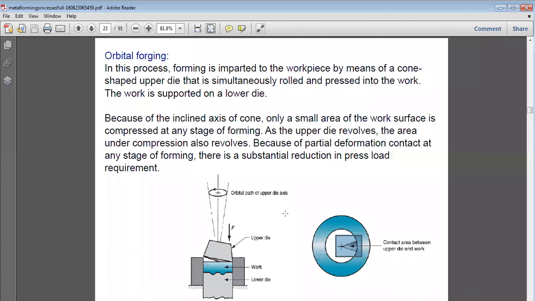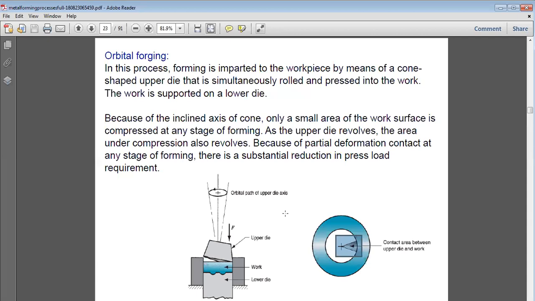There will be a smaller area, not a larger area, under compression. As the upper die revolves, the area under compression also revolves, so every time there is a substantial reduction in the amount of load being provided onto the disk.